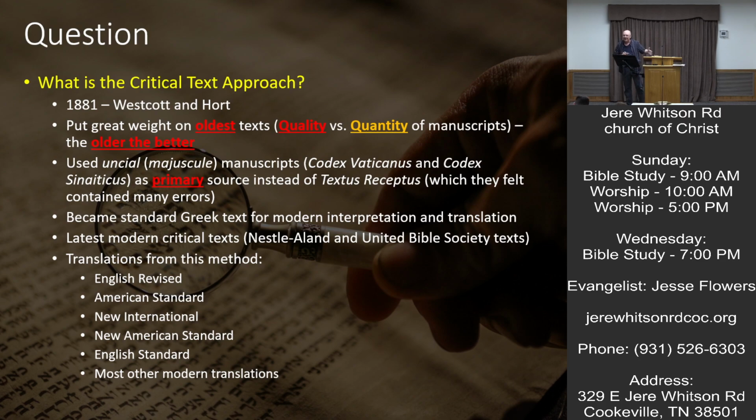That was Desiderius Erasmus, the guy with the Textus Receptus, the New Testament. And so that became, because it was published and published over and over again, that became the standard. And so these guys here, Westcott and Hort, are going,